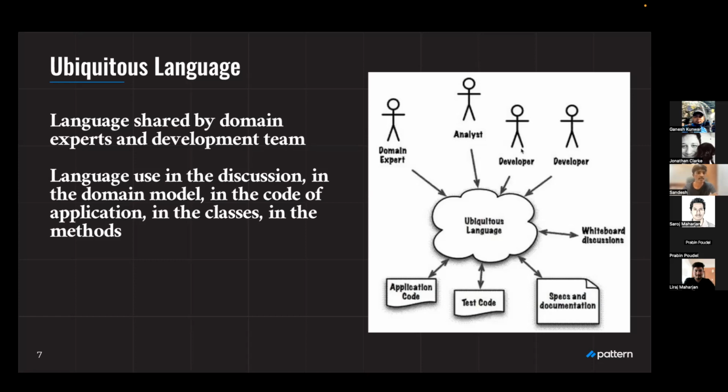So you should have a common language of defining a model, or defining a term, or defining a particular situation. You can't directly tell your domain expert or analyst the technical words, so they might not understand the things. So the ubiquitous language comes into the picture